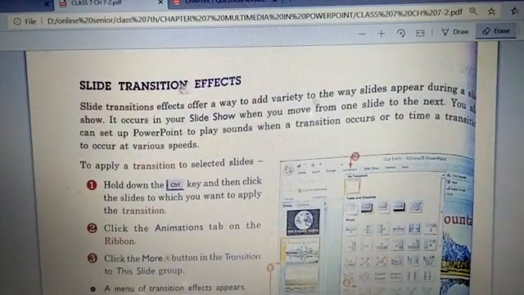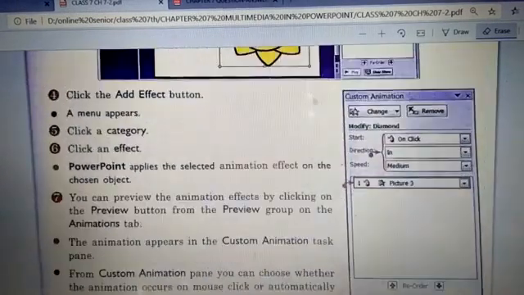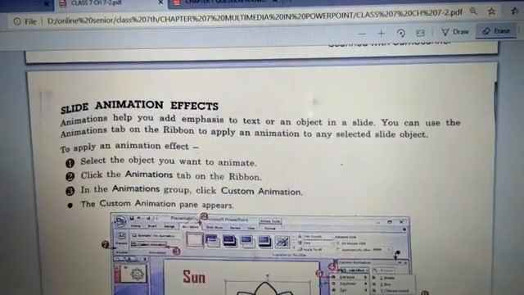See here, it affects the way the slides appear, right? And slide animation is the answer, like see here, animation to any selected slide object. So whatever objects are on the slide, animation effect happens to that slide object. So answer would be slide animation effect. So this is how you find the answers.